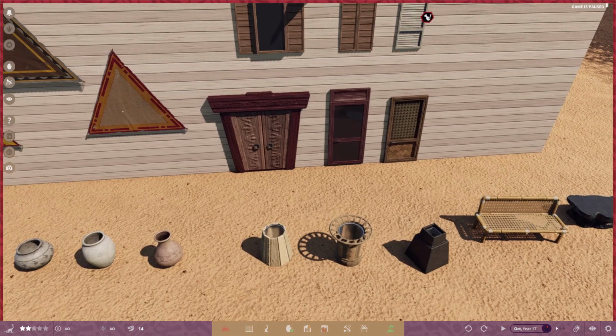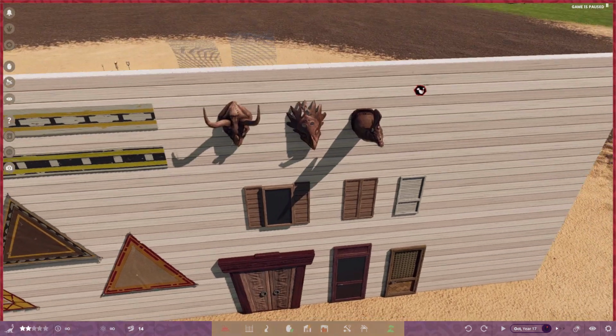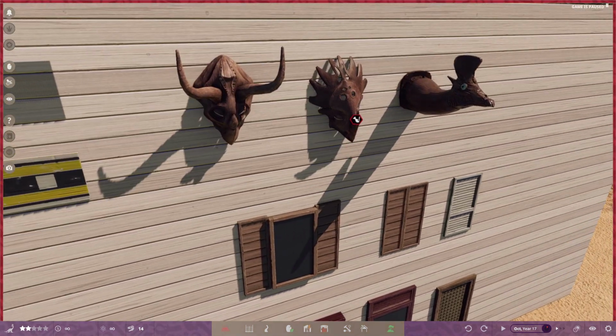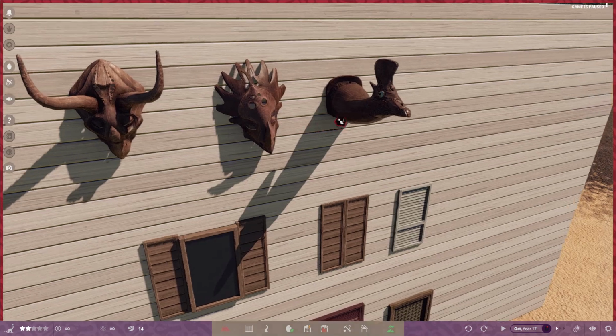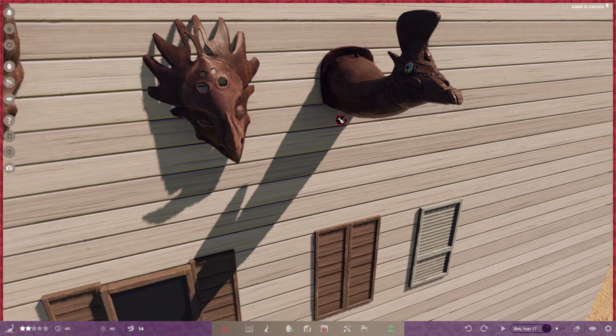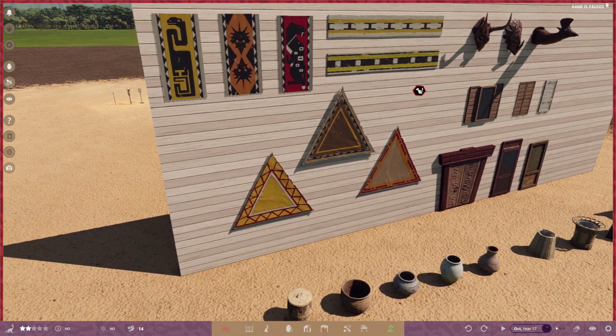We've also got three tropical doors, three tropical windows, two masks, this bull mask and this ceratopsian mask, and then a Lambeosaurus statue with some crazy eyes. Oops, look at that. Those are really cool. I like them. And then we got three tropical banners that are vertical, two that are horizontal, and